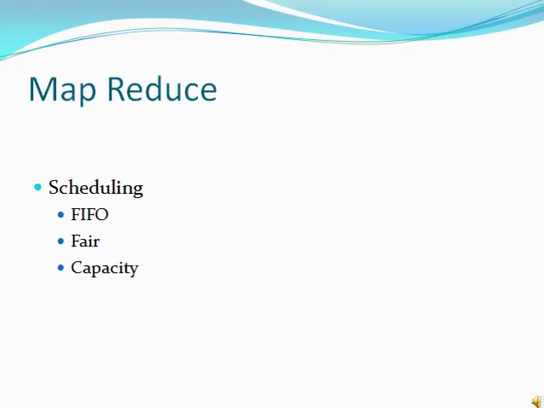The FAIR scheduler was originally developed by Facebook and was later released to the Hadoop community. It gives a fair share of cluster capacity over time, thus its name. Jobs are put into allocated pools which receive a guaranteed minimum number of map and reduce slots. Using preemption, the scheduler manages the cluster to assure a fair share of resources to each job.